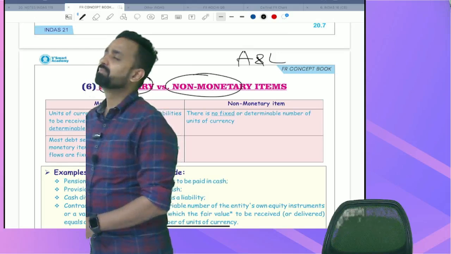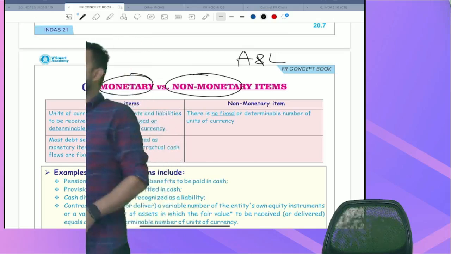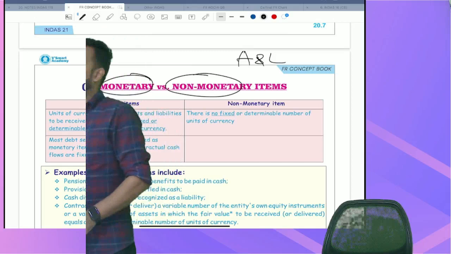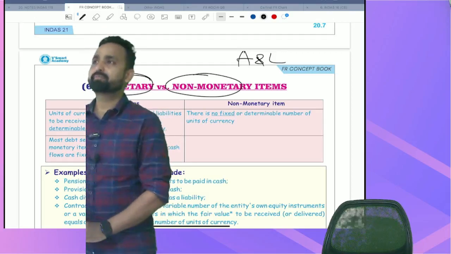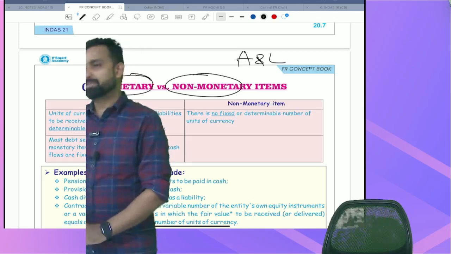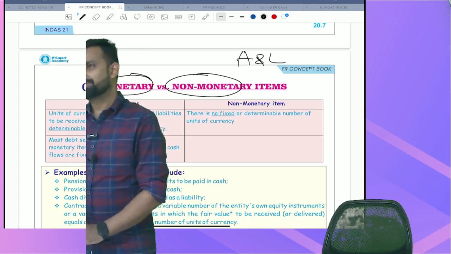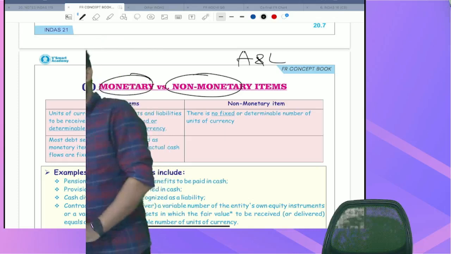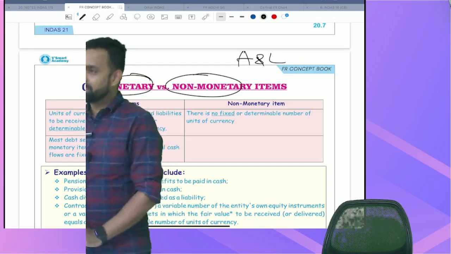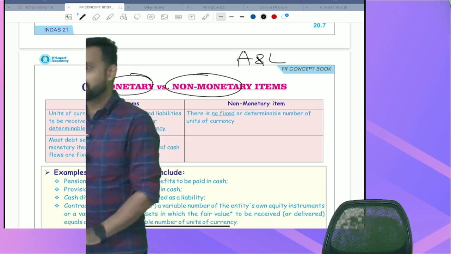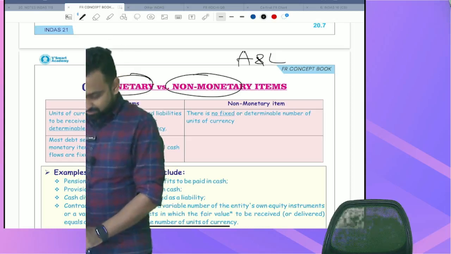Investment? Yes. Alright. Let's not talk about Ind AS 21 for 5 minutes. Let's talk about some other Ind AS because of the linking. Inventory, which Ind AS? Ind AS 2. What is the measurement criteria? Cost or NRV, whichever is lower. Suppose the cost is lower, you measure them at cost. Okay.